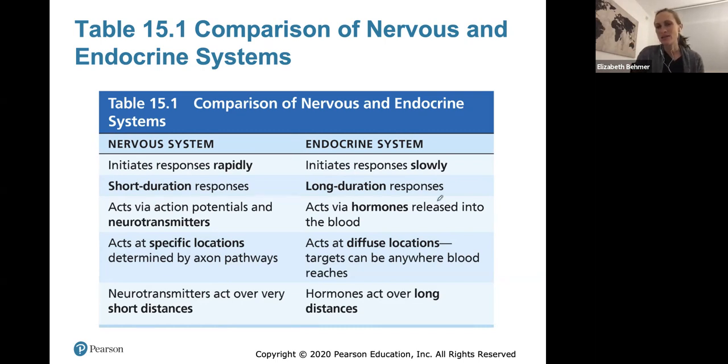In the endocrine system, it initiates responses much more slowly and the response has a lot longer duration. It also acts at diffuse locations, which means that hormones can travel through the blood and act on a target organ very far away from where the hormone was released. So that's what we mean when we say that hormones act over long distances. They could be released from the pituitary gland in the brain and act on a cell somewhere else in the